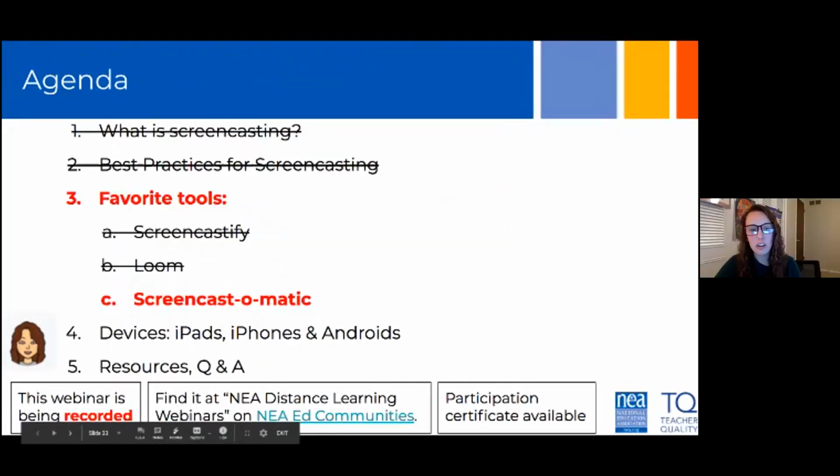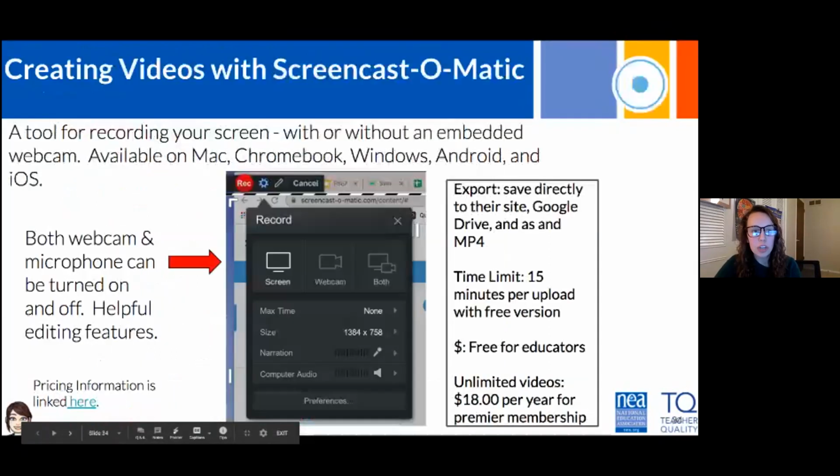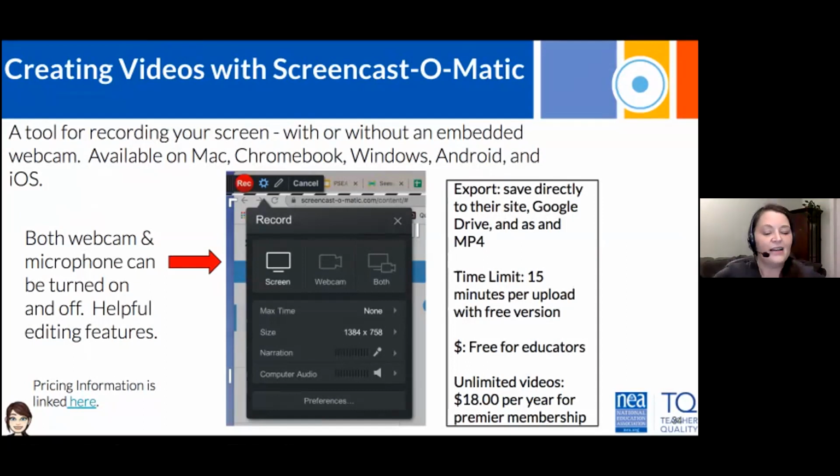All right. And then this is the third one we're going to talk about, Screencast-O-Matic. We have started using this with our district this year. Again, I think Kelsey and I both started screencasting when we first got sent home, which was last March, and the district hadn't purchased a subscription. And then this year, they purchased a subscription, the premium version of Screencast-O-Matic. So one of the things I would tell you to do is check in your district first and see if they already bought something for your teachers, because some districts have done that and some districts have not. And then you need to make a decision based on finances, okay?